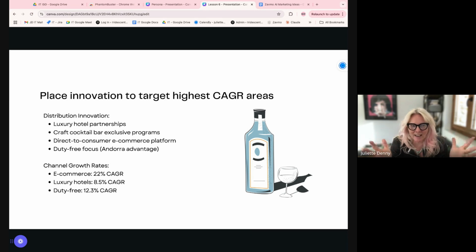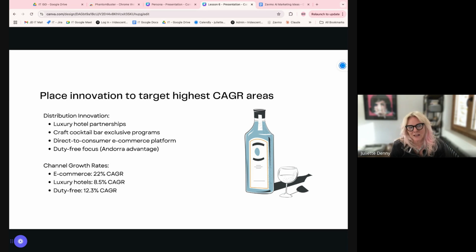And again, look at the compound annual growth rates, right? We can see here the e-commerce. So people do buy gin online, and that market is really growing compared to the average gin market, right? So e-commerce sales are 22% compared to normal retail sales. This is great. So this is a big justification for when you look at your initial budget, and where you're putting the resources, you're going to say, right, well, e-commerce is absolutely it, because it's driving harder than normal retail sales, we need to be investing more money, because obviously that's where the money is, right?